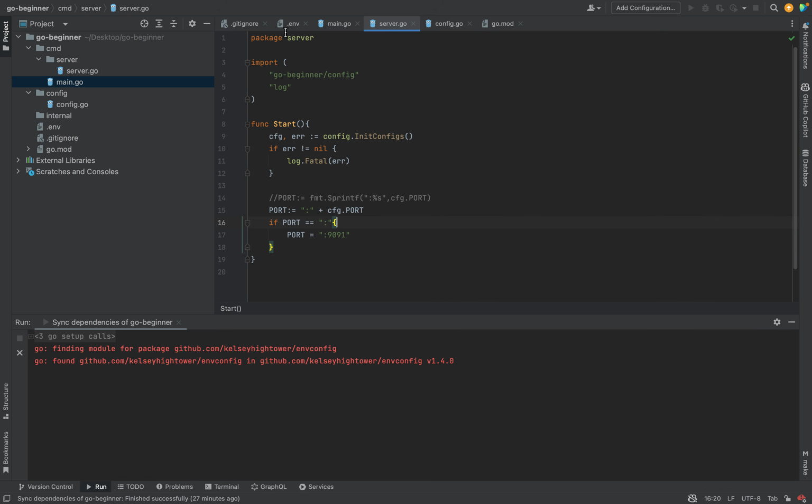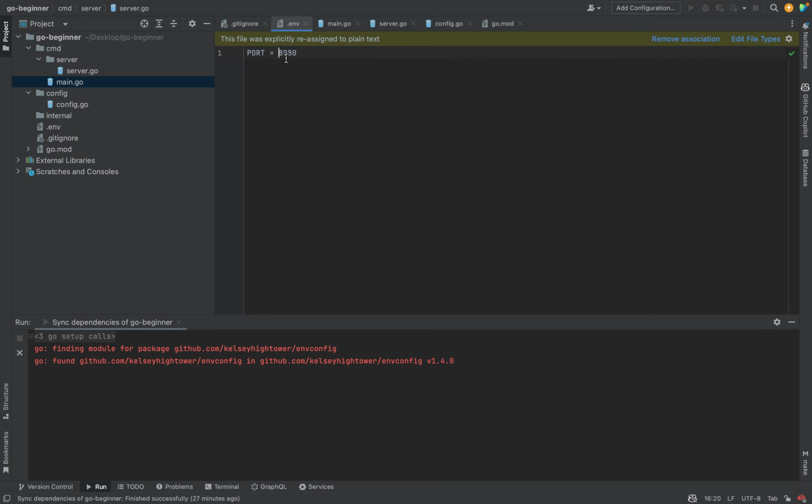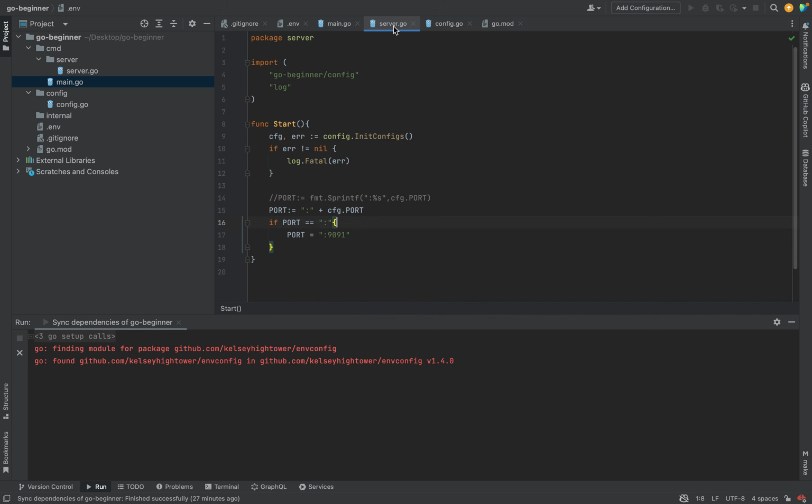For example, we will probably get 8080, right? So in this 8080, we're just trying to add this colon in front of it. So we have it in this format, like colon 8080 string, right? So what you're saying is, now if we don't have anything in this, if we do not